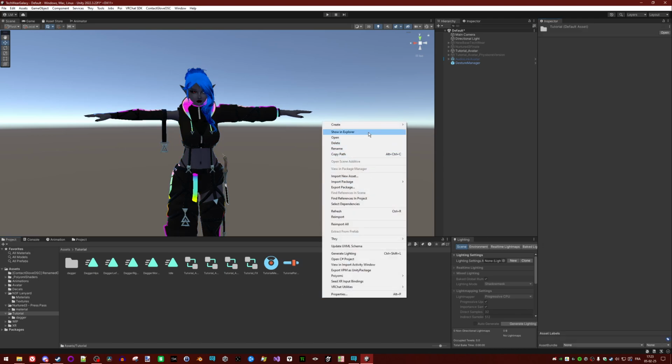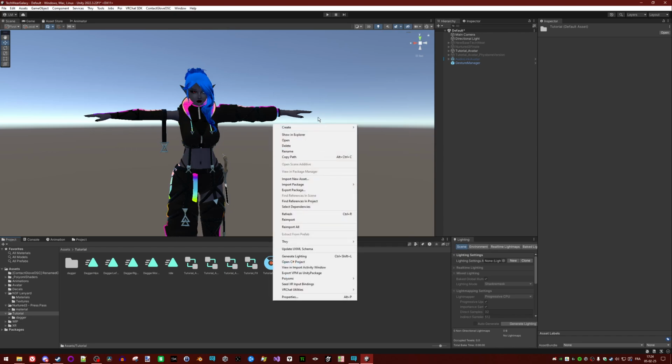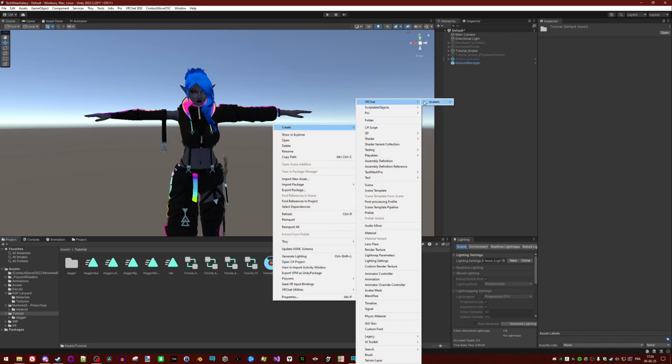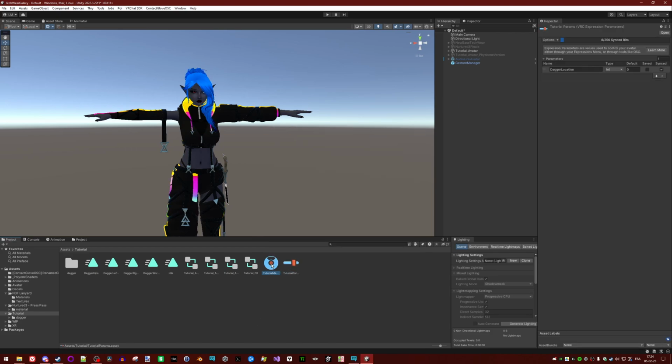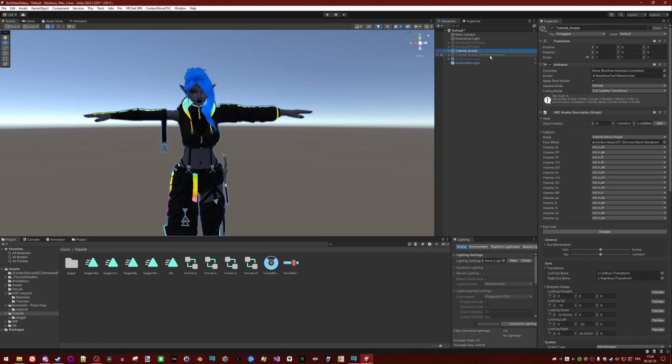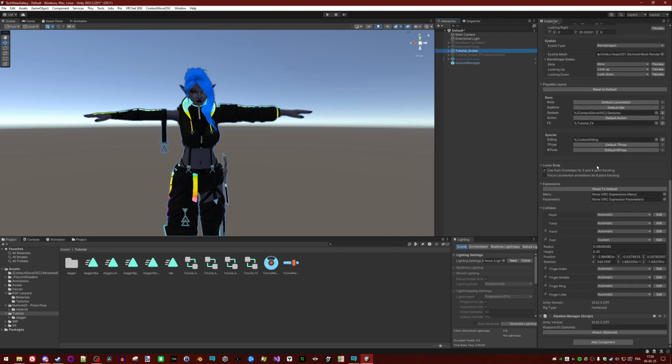To create one, you right click, create VRChat, avatars, and you can create parameters and menu. That's what I have here. And you put the menu and the parameter in the appropriate slots.